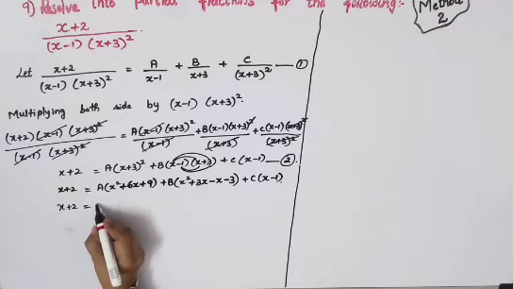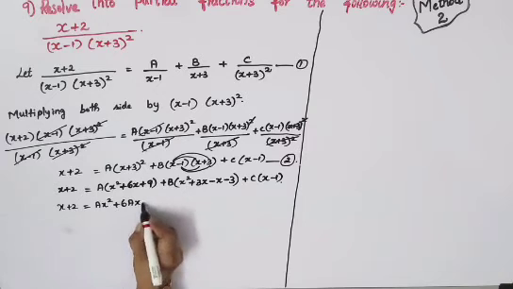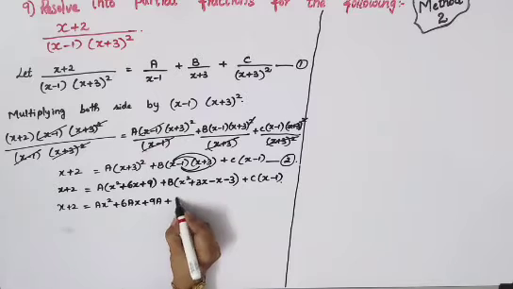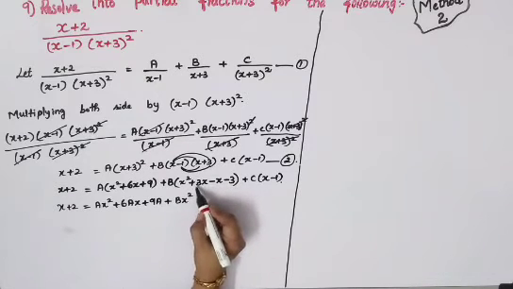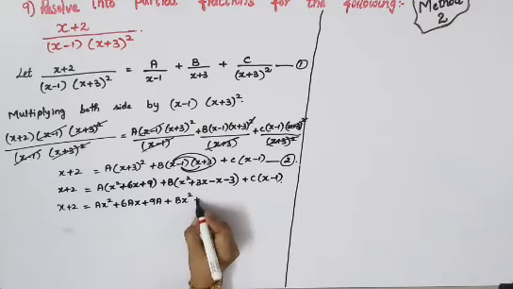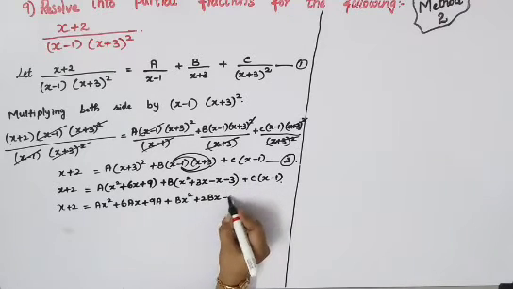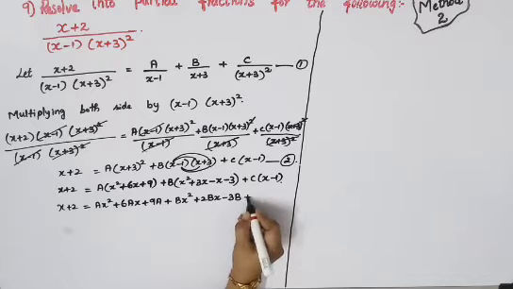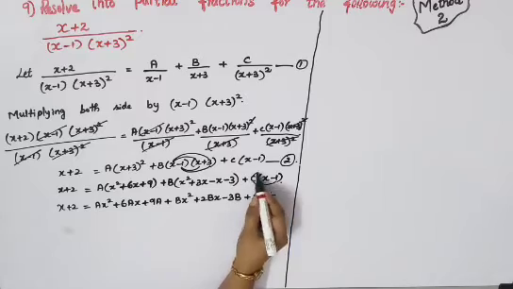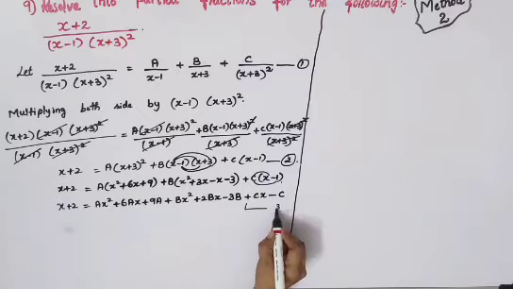That is equal to, just multiply this A for each term. So it is Ax square + 6Ax + 9A. Again multiply this B here, so Bx square, and here just do the solving and then multiply. 3x - x will become 2x, so plus 2Bx you will get. Then minus 3B, plus C into x, Cx, minus C into 1, so you will get it as minus C. Mark this as equation 3.